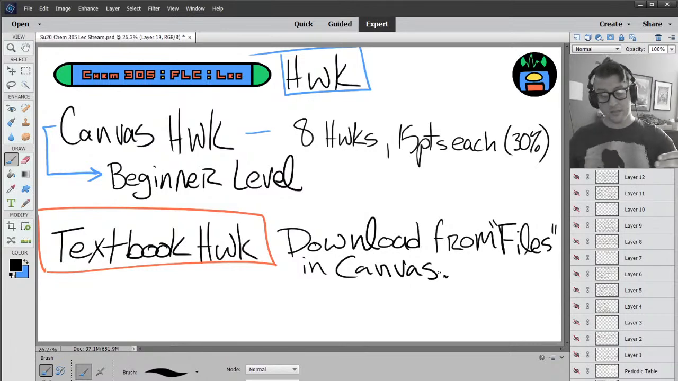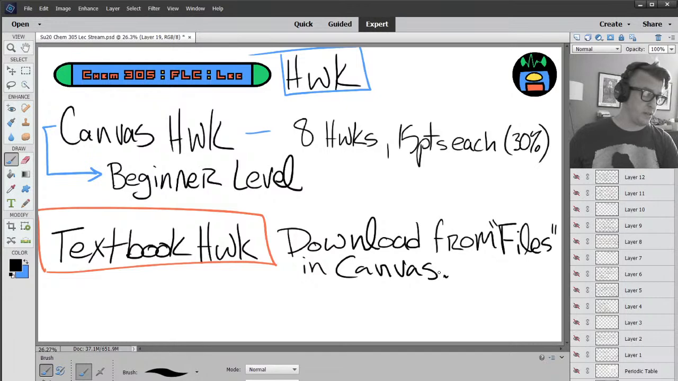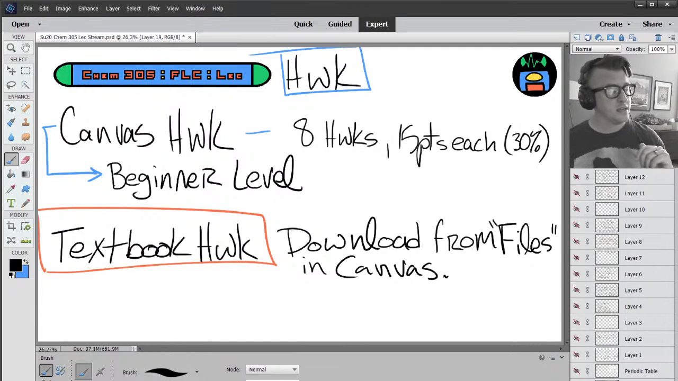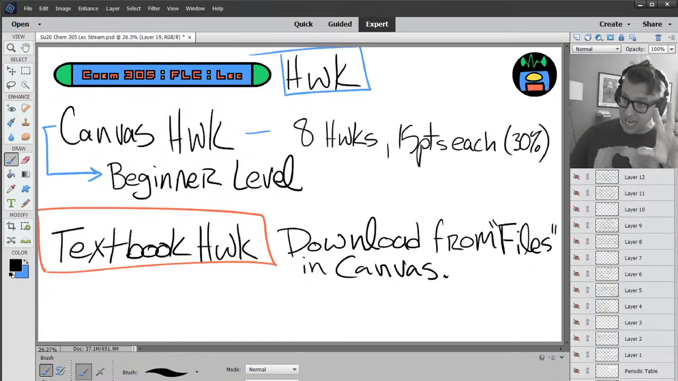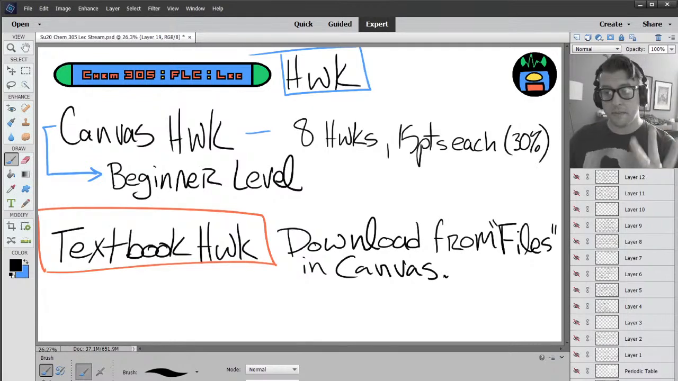It's how you start, but it's not full metal difficulty. The other thing about the Canvas homework is it starts... Oh, sorry. The other thing about the exams